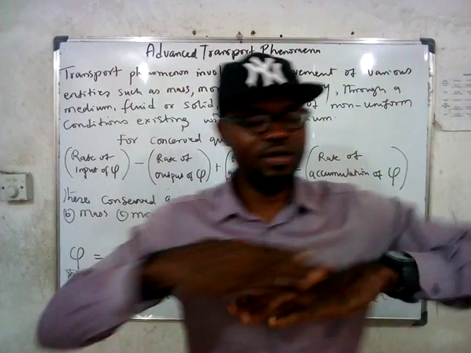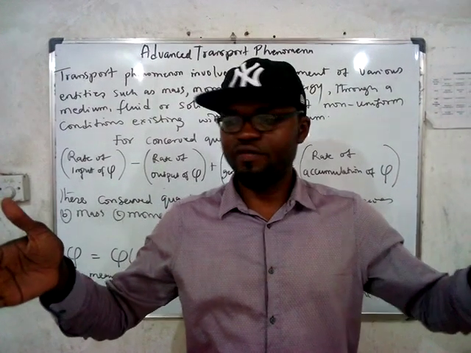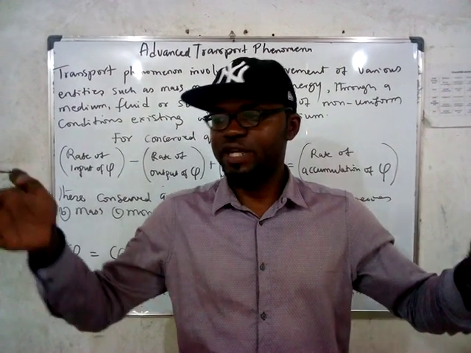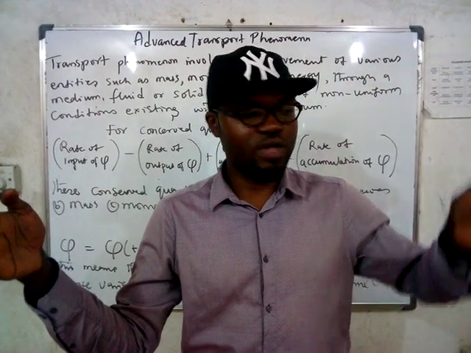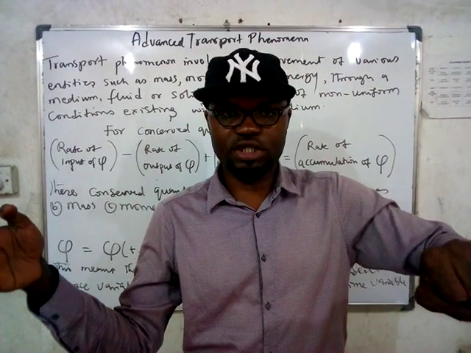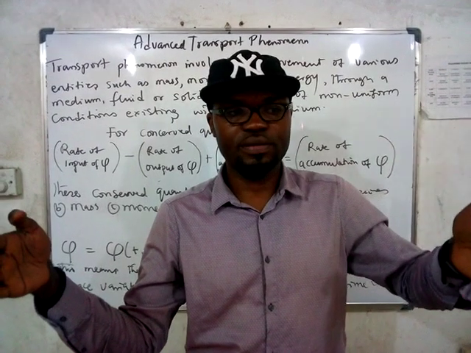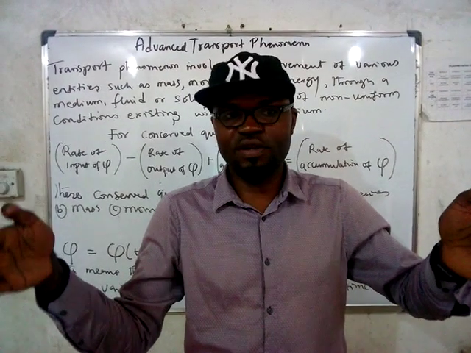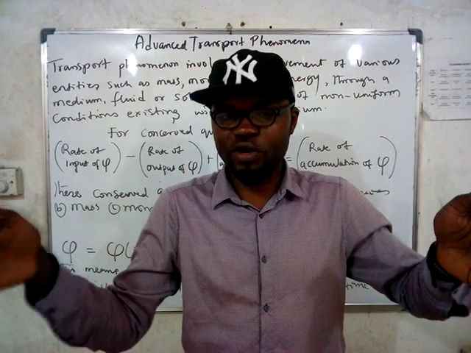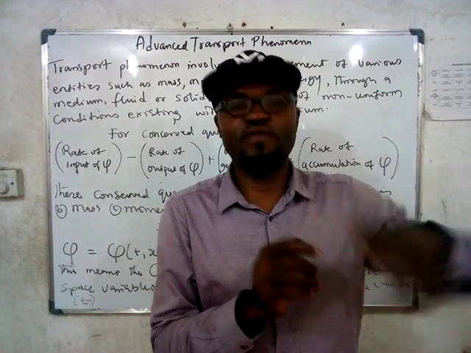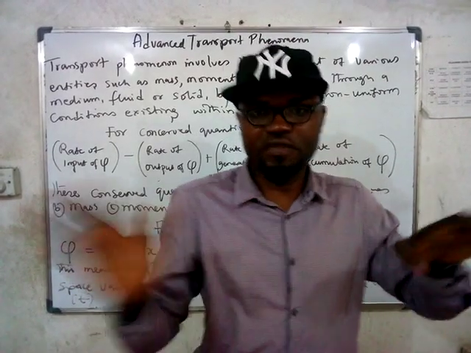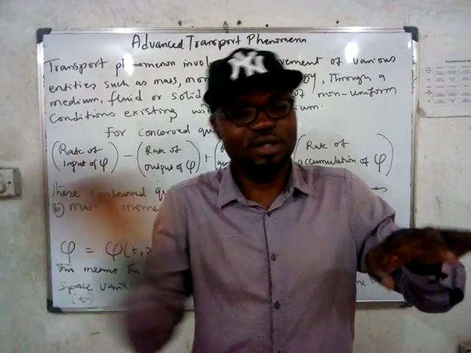If you have a conductor of this length, for heat that you are applying at this end of the conductor to get to the other point, so that when you touch the conductor here, you feel the heat, there has to be transport of heat energy from the point where the source is applying it to the conductor to that point that you want to feel it. Transport of heat from one point, the source, to that point.